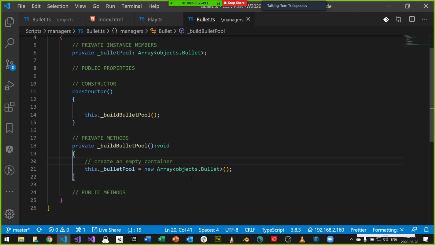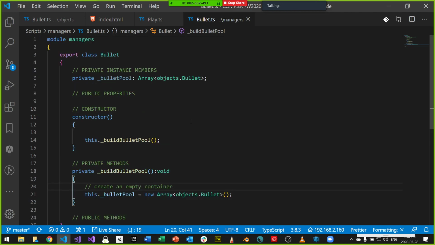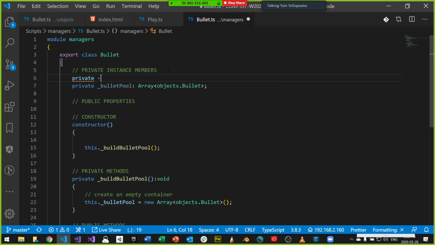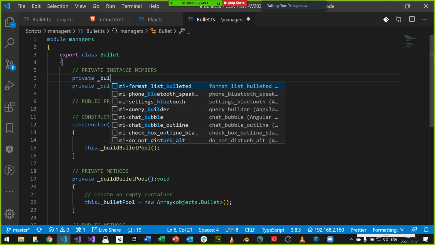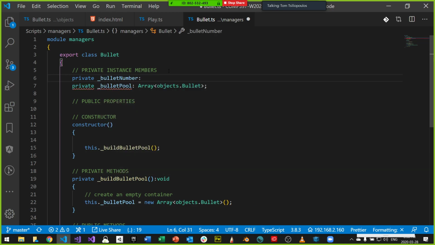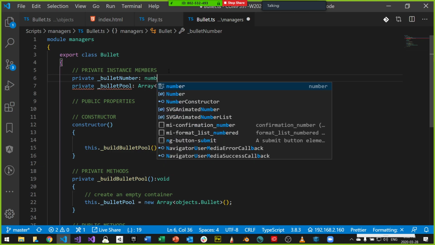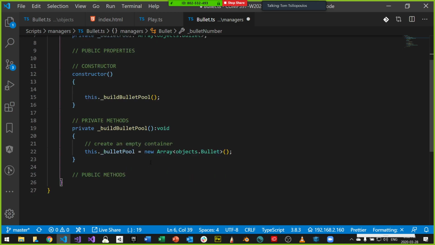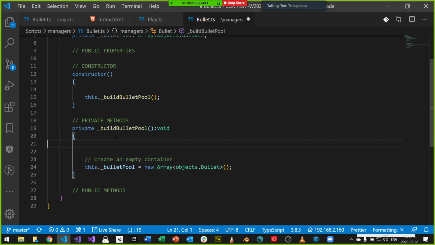I want to load it with bullets, right? And in order for me to do that, I need to decide how many. For now, we're going to use 50. So up here, I'll call this private, bullet number, which is a number. For now we're going to initialize that as 50, and we might be able to put this in the config one day.